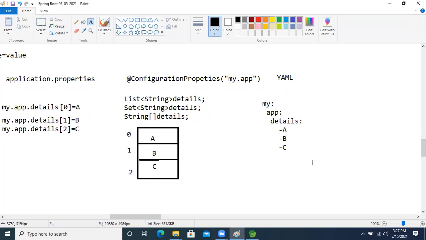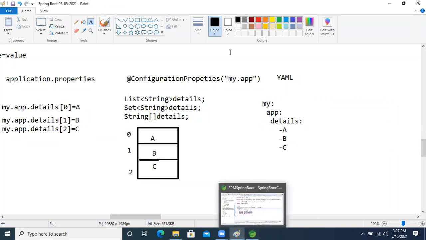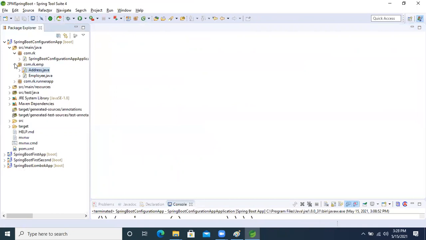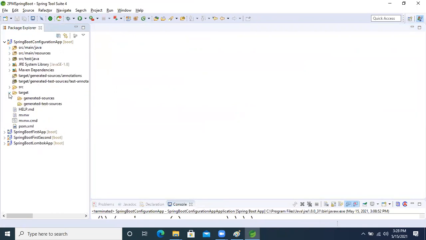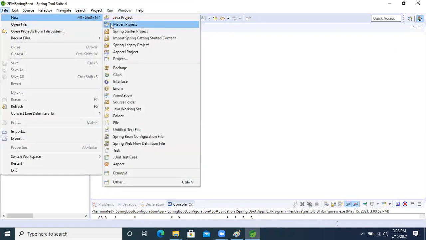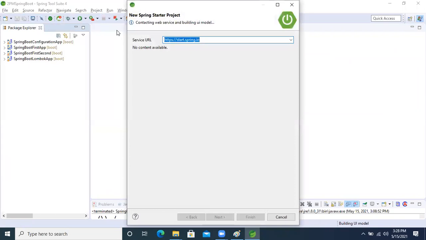Okay, so let's write these things and see them practically. In the same application, let's create one application, because a Spring Boot application doesn't take time like Spring, where we need to put in the dependencies and all those things. So now I'm just creating one application, guys. File, new, Starter project.